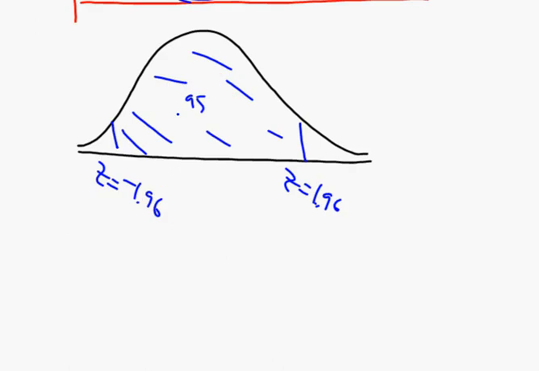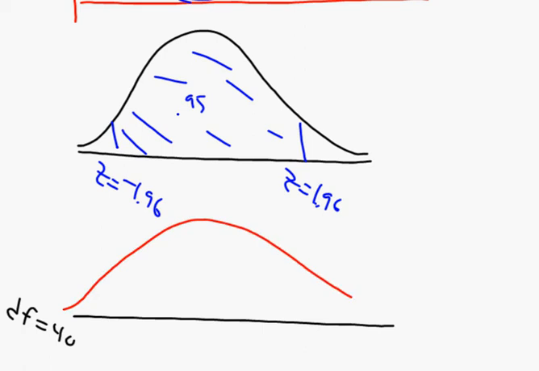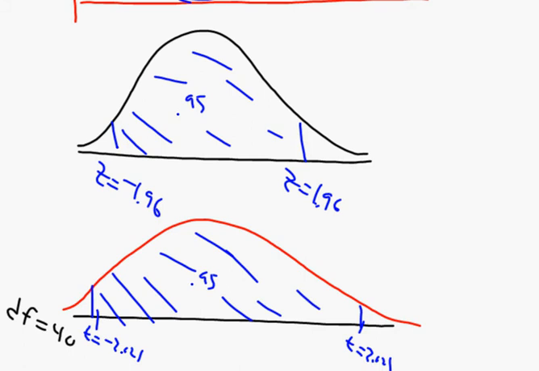Okay? So let's think about a t-distribution for a moment with degrees of freedom equal to 40. Now, this is not going to be perfect, but the picture I'm trying to draw here would be a little flatter and a little wider. That's very exaggerated, but it's a little flatter and a little wider than the curve up here. So we need to go out a little bit further. We need to go to t equals negative 2.021 to t equals positive 2.021 in order to catch an area of 0.95. And that sort of makes sense because this new curve is shorter and wider. So since it's shorter and wider, we have to go further out to the left and right to catch 95%